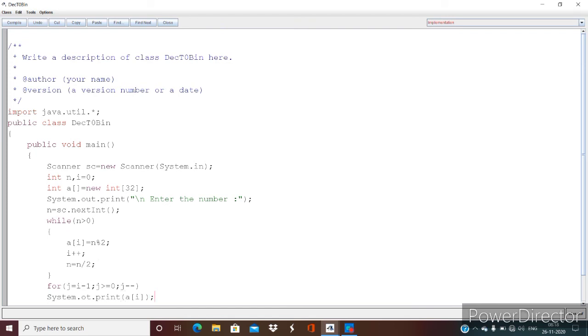Now you can put a message if you want, like over here, system dot out dot println, the corresponding binary form is.